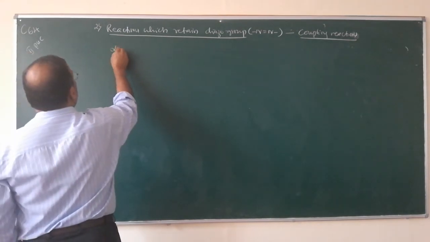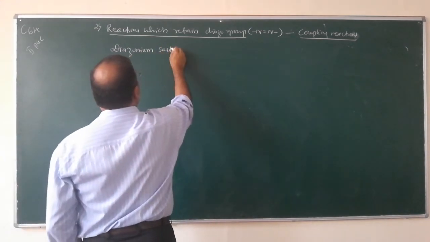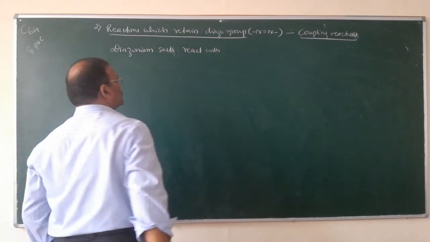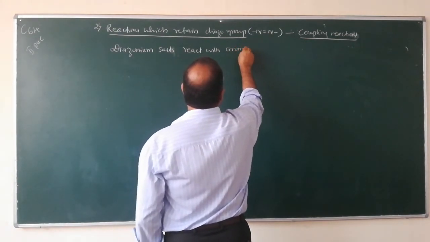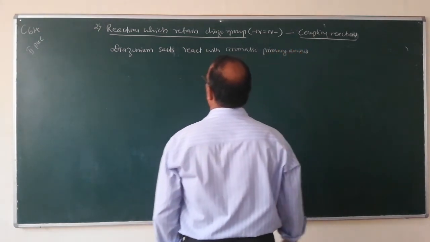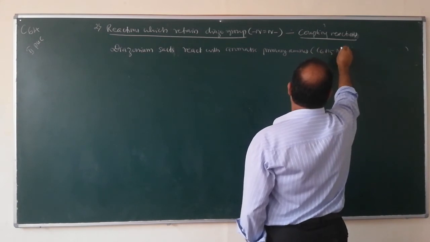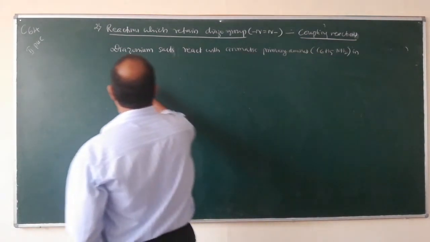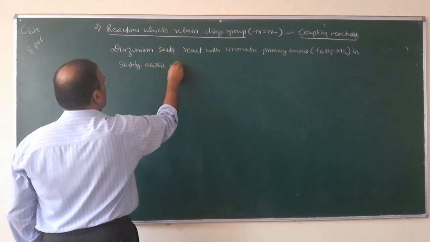Write down: diazonium salts react with aromatic primary amines, namely aniline, C6H5NH2, in slightly acidic medium,